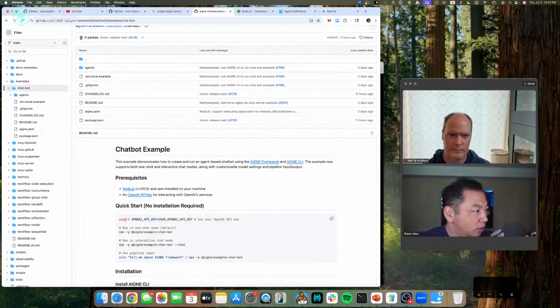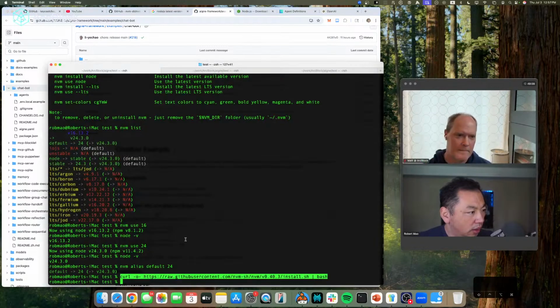Basically you need to export your OpenAI API key equal to your real key, right? If you don't set this OpenAI API key, or if you use a wrong key, when you run the agent later, it's going to give you some errors. The error looks scary, but it's not too bad.